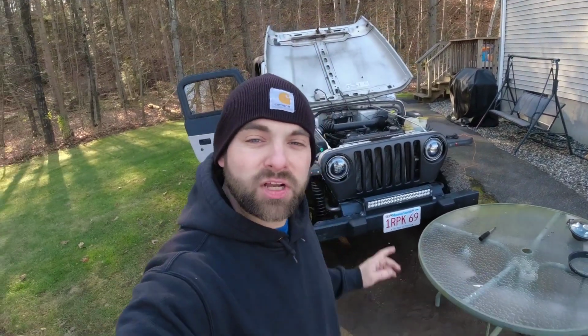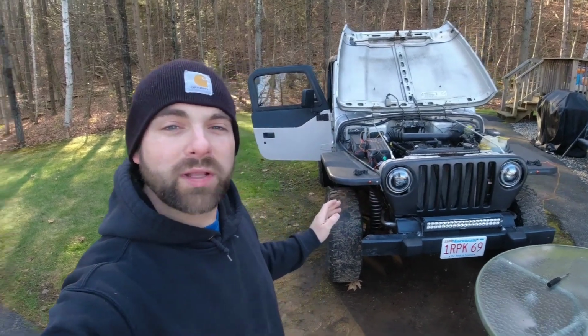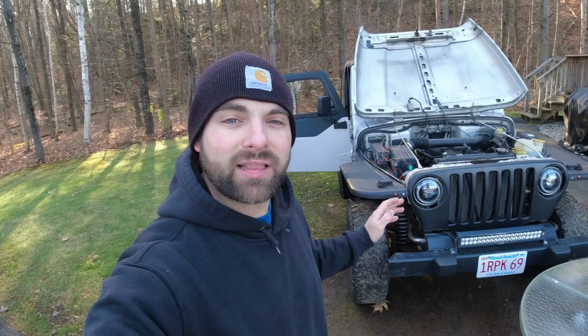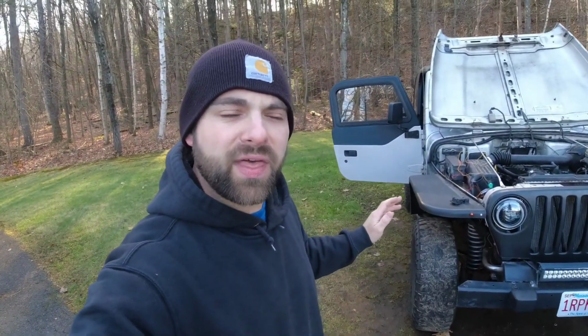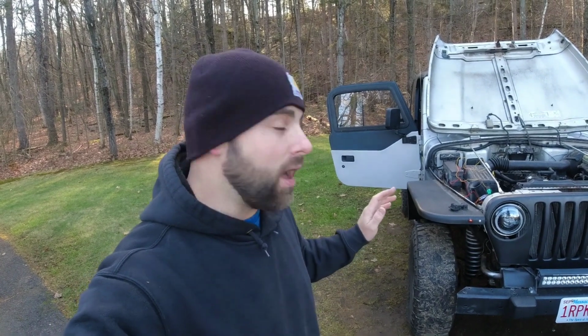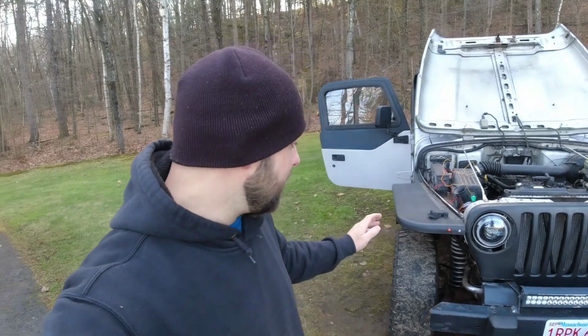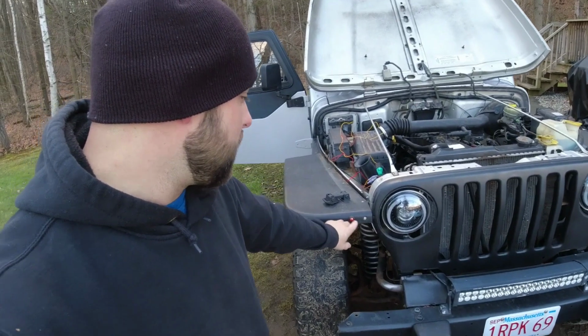Alright, so now that we tested the functionality of our headlights, making sure the high and low beams work, we're going to start working on the electrical part that is hooking up the daytime running lights and the turn signals. So in my case, it's going to be a little bit different than people with stock fenders. I do not have the stock fenders anymore. I actually just did this recently, and I'm running those 3/4 inch little turn signals here that I use the